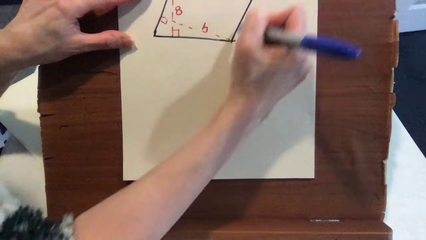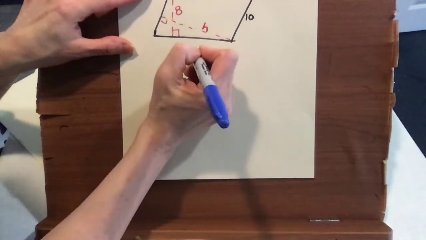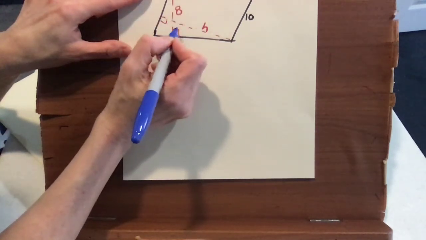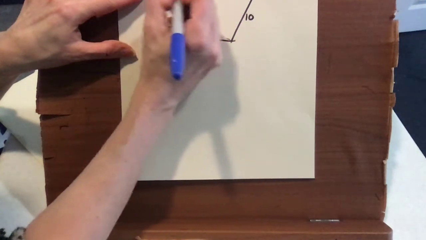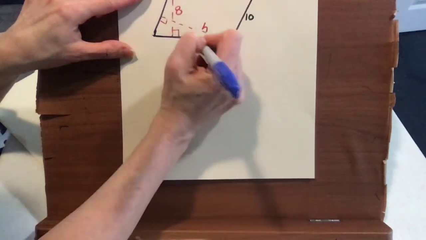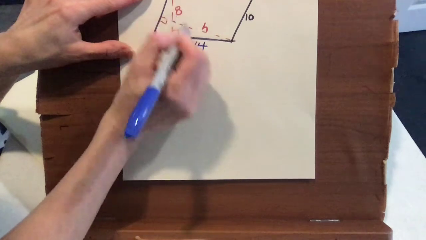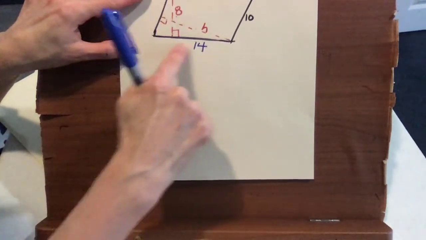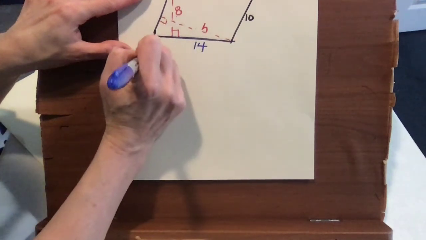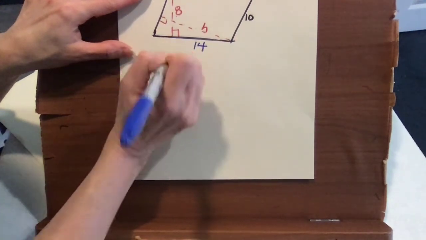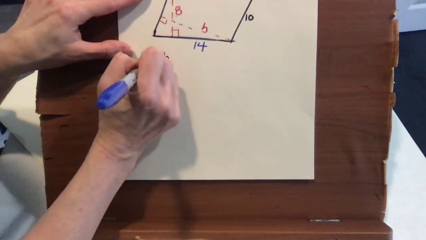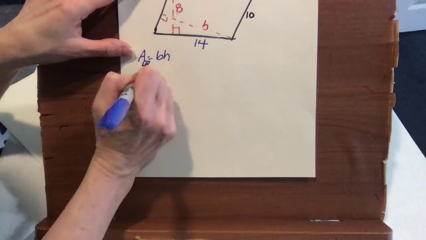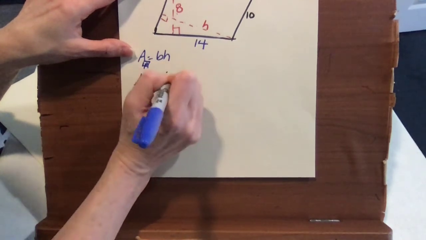And we have another base here of 10, okay? So I need to use this height of 8. And the bases that it's touching are this one and this one. So I'm going to bring that 14 down. So 8 and 14 go together. This height of 8 belongs to the 14 base. So area equals base times height for a parallelogram. Okay, put a little parallelogram box there. So our area we don't know, but we know we have area equals 14 times 8, and just keep it